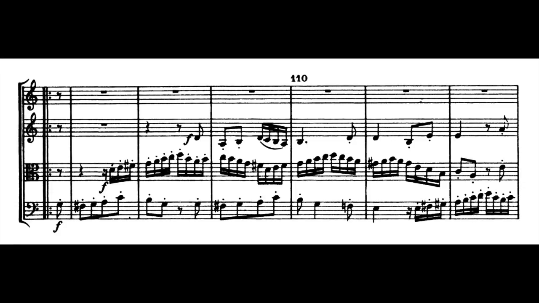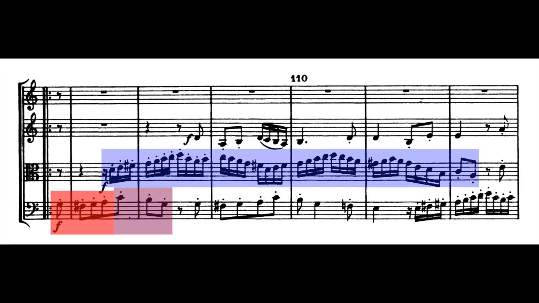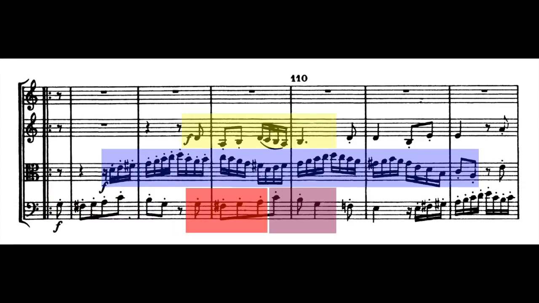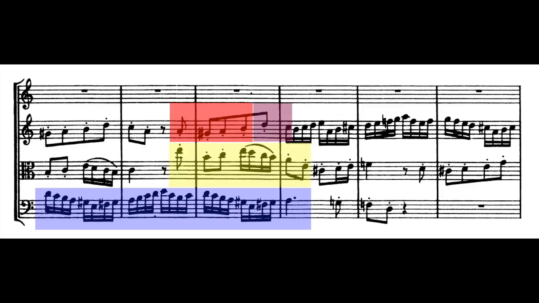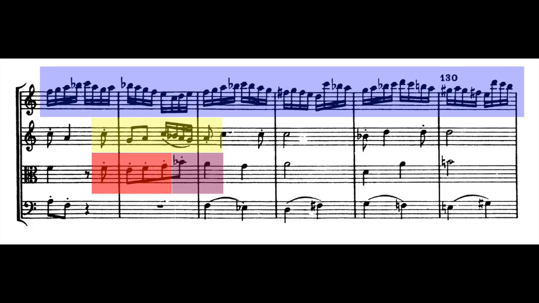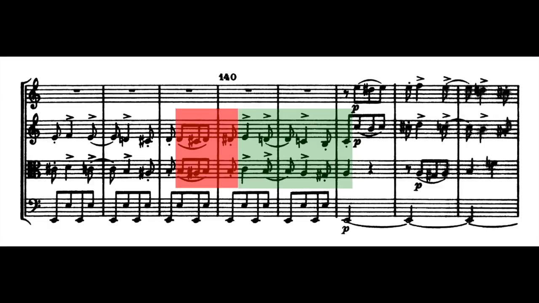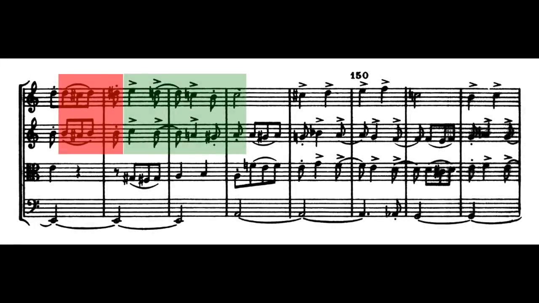Haydn wastes no time in the development section, beginning immediately with the turbulent contrapuntal variant, rapidly cycling through multiple major and minor keys, before settling on an A minor statement of the syncopated variant. Now the syncopated variant is combined contrapuntally with a non-syncopated version of itself, with the notes falling on the strong